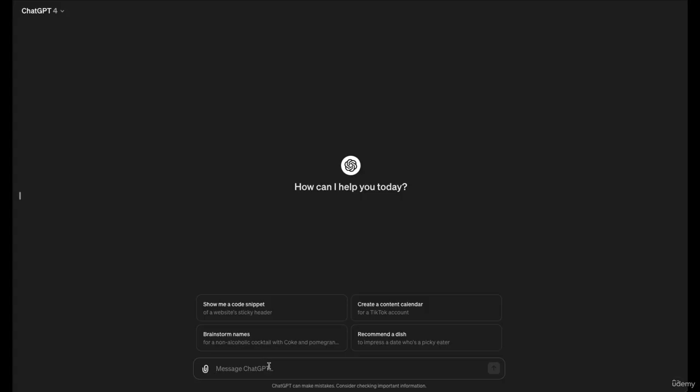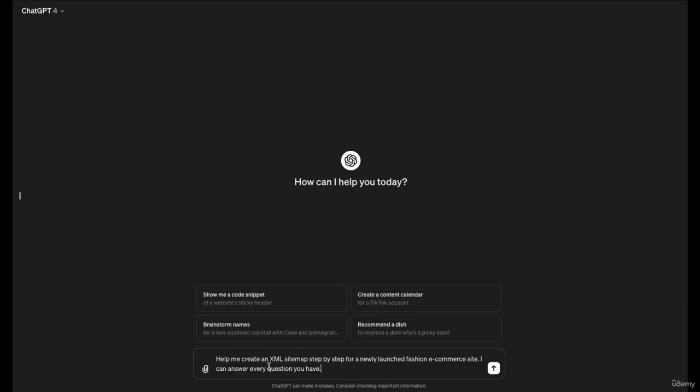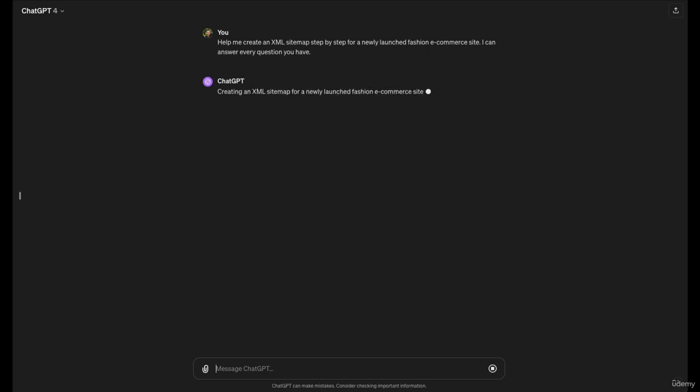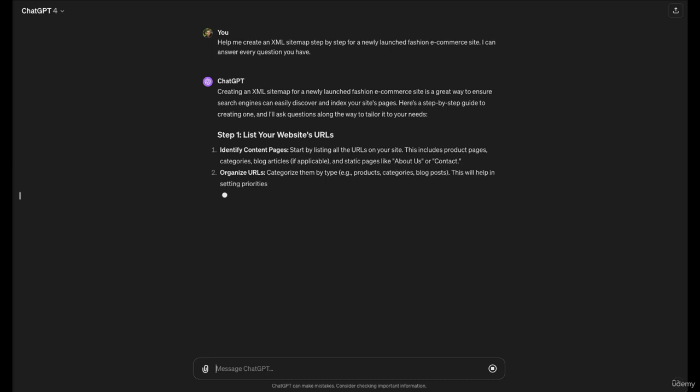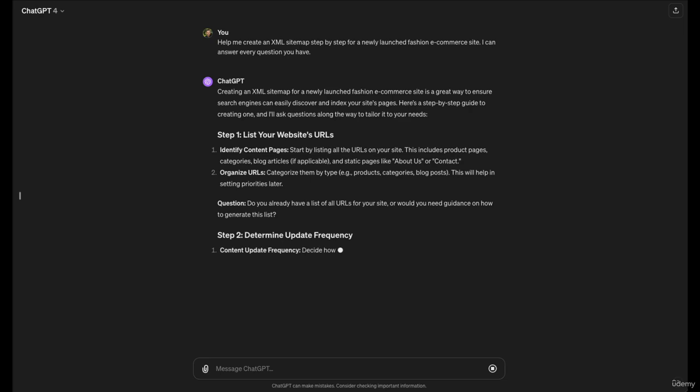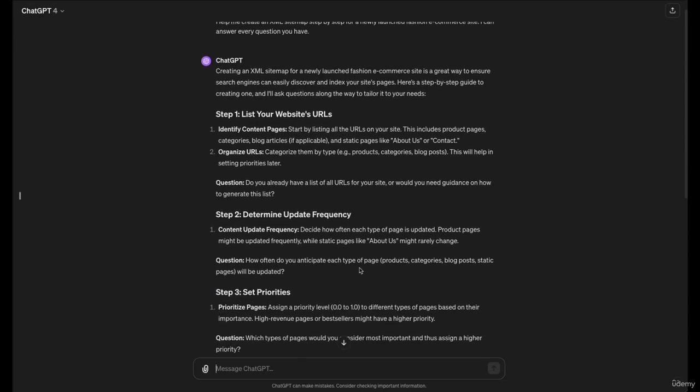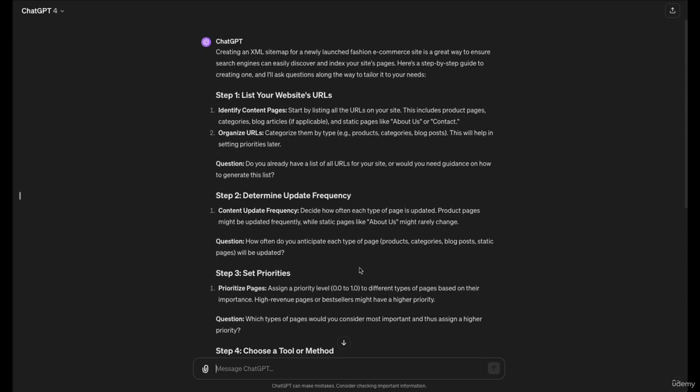Let's ask ChatGPT. I'm asking ChatGPT, help me create an XML sitemap step by step for a newly launched fashion e-commerce site. I can answer every question you have. The result is a step-by-step approach, a list of actions that you need to accomplish for your sitemap to be valuable. If you have your complete list of URLs, you can totally continue the conversation and ask ChatGPT to create a basic XML sitemap for you,